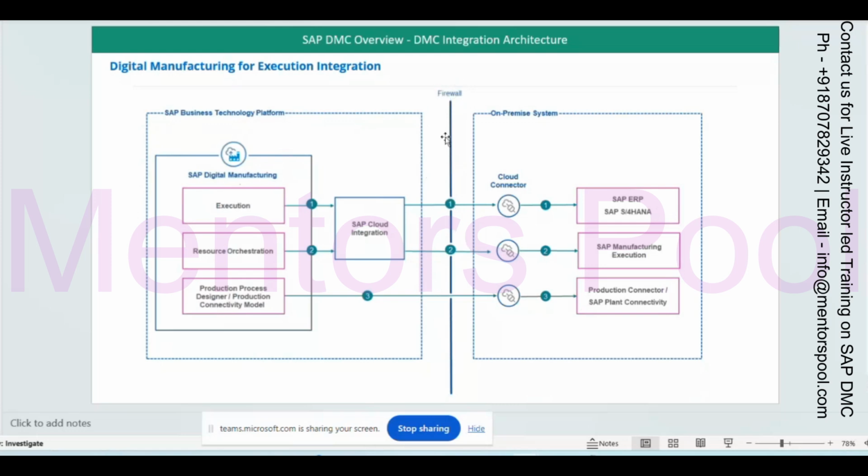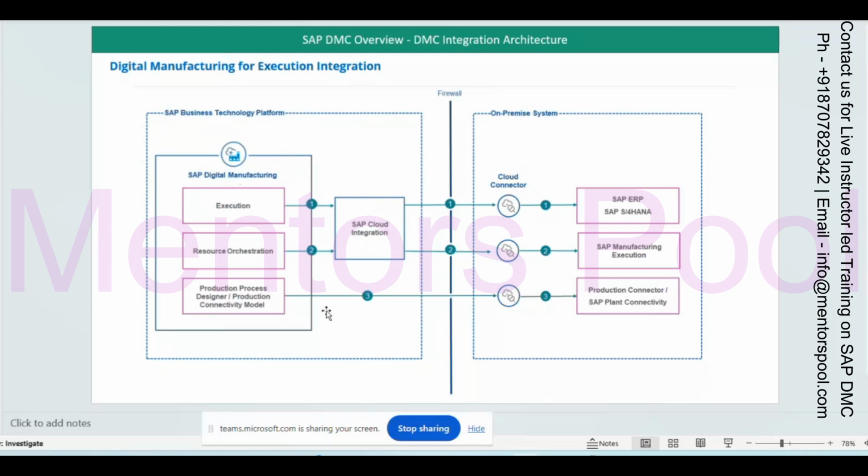So there is always a firewall, and to cross it you need a cloud connector, and only then will your system be exposed. After using the cloud connector, you can connect your S/4HANA or your SAP ME to digital manufacturing. And Pico.